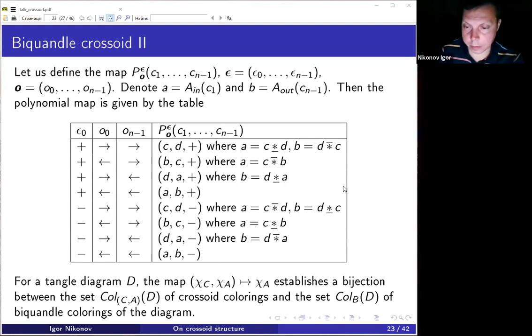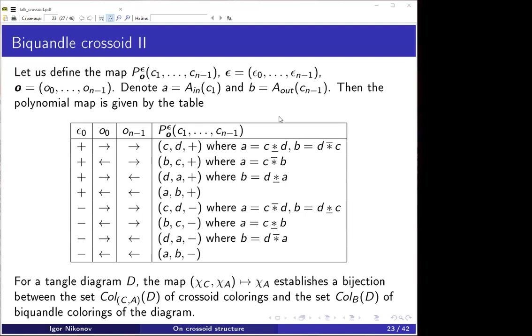And if we consider the colorings of a diagram by this crossoid, they are just colorings of the diagram by the biquandle. So there is a bijection between colorings by the biquandle and by the crossoid induced by this biquandle. So thus the crossoid generalizes on one side the parities of knots, on the other side